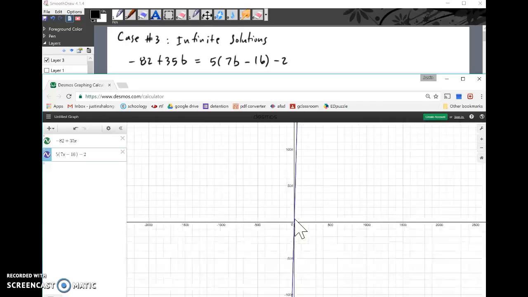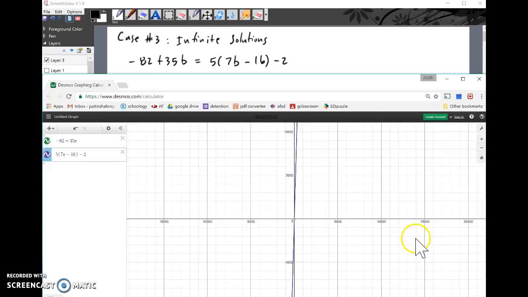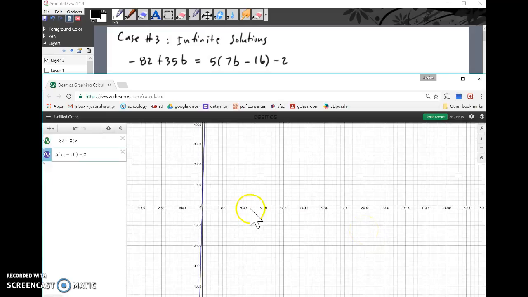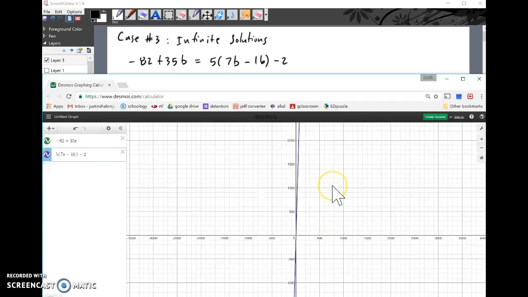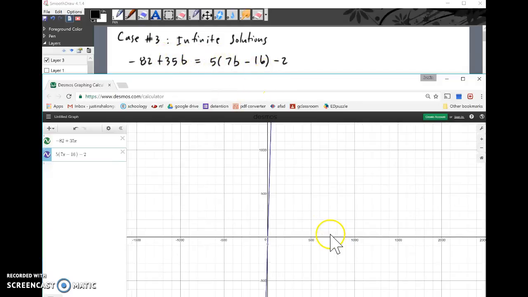I'm zooming very far out, and I'm not seeing the lines, and I'm getting to 2000 and negative 1500 and up to 10,000 there. Actually, that's 15,000. Sorry, I've read the units wrong. I cannot see both of the lines. So what does that mean? Well, think about it for a second. If we are going over an example where no matter what number or value we plug in for the variable, it's going to result in a true statement, that means that